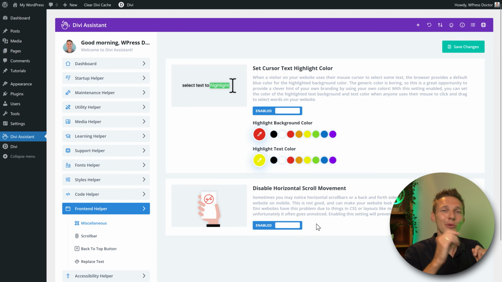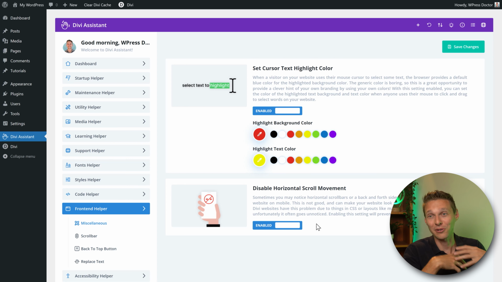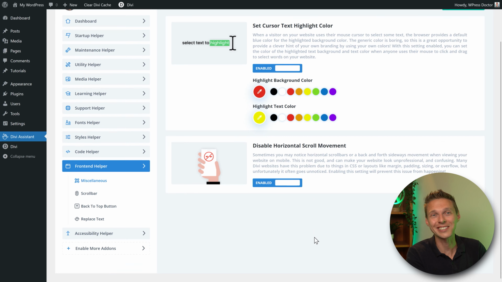We've all been there. When a client adds something, changes something, or even myself made an error somewhere, and I can't seem to find why does it keep scrolling like this on mobile? It's so much time finding the problem. And now it's just one switch. Oh, this makes me so happy.